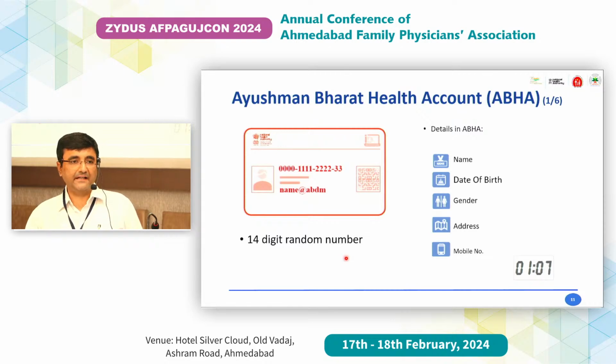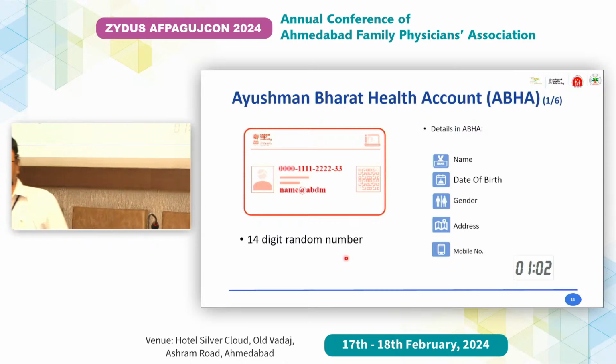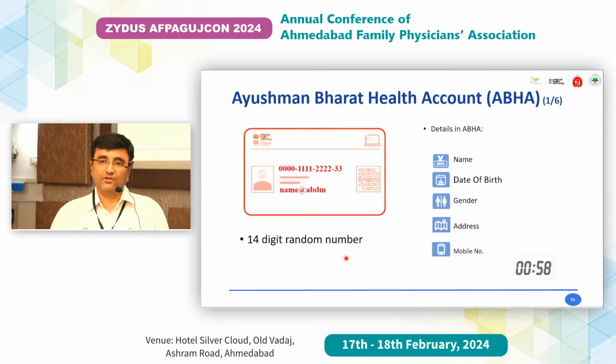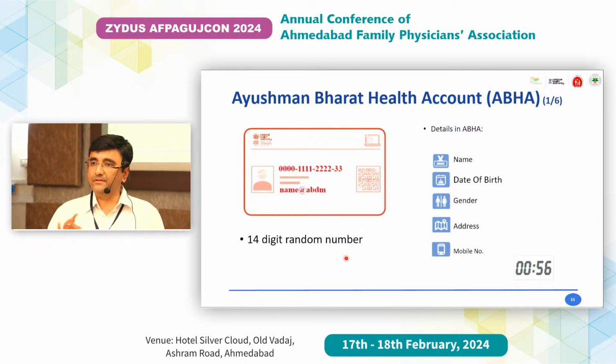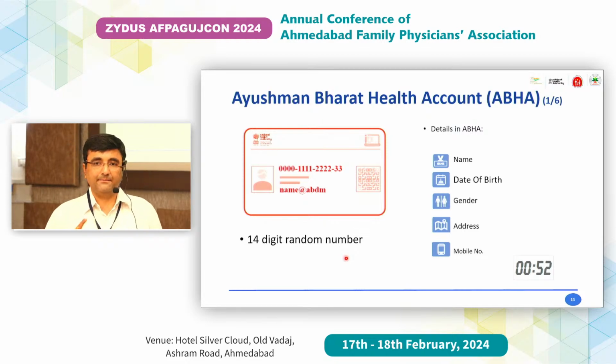It will fetch your name, date of birth, gender, address, registered mobile number, registered email ID, your photograph, whatever details are available in Aadhaar. And if there are any updates in Aadhaar, you can always do the eKYC. You have the access of ABHA, and at any given point of time, you can update your details.